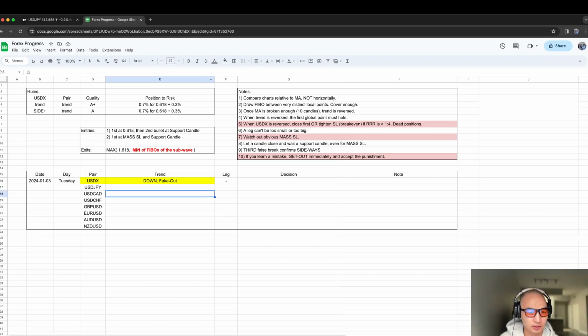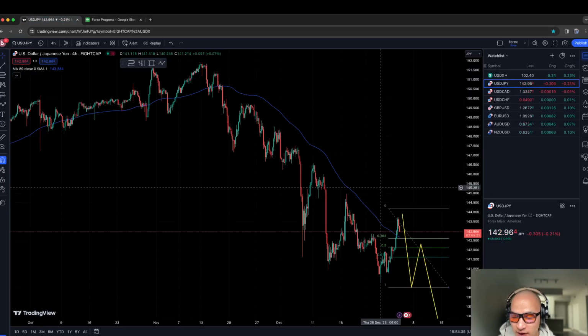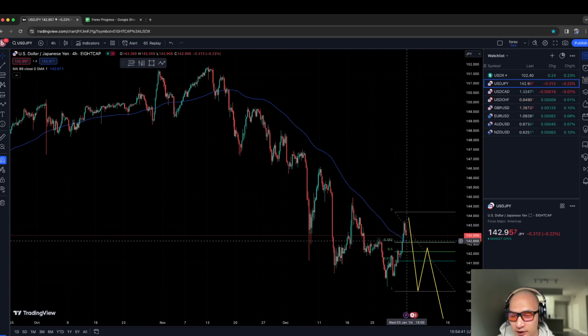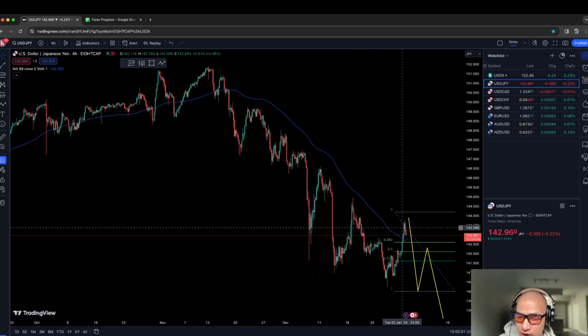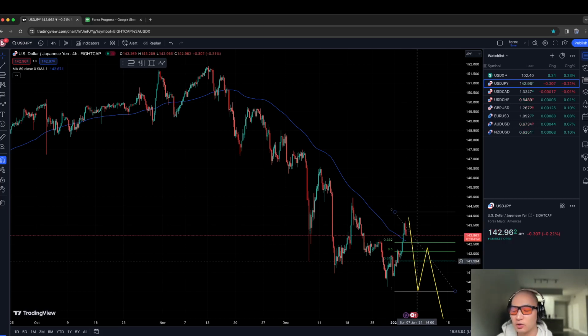The trend was down. It was also faking out. When I say fake out, I mean that, you see, we have our 89 period moving average. The market pretends like it's closing a few candles above the moving average, like trying to fake that the trend has reversed. But in forex markets, usually the trend is not reversed. The market likes to fake out, so it will close a few candles up in here and then continue to return to the original trend. So that's what I mean when I say fake out.